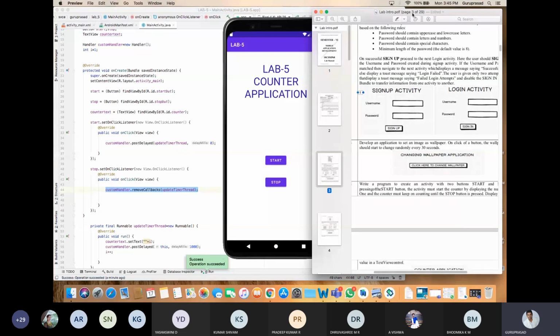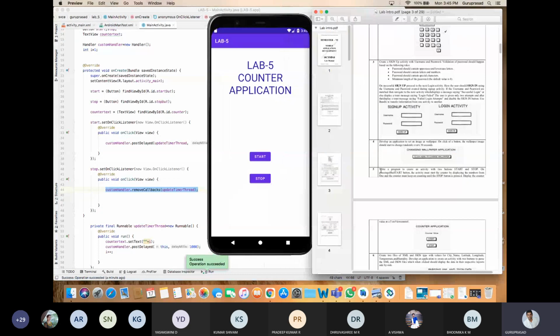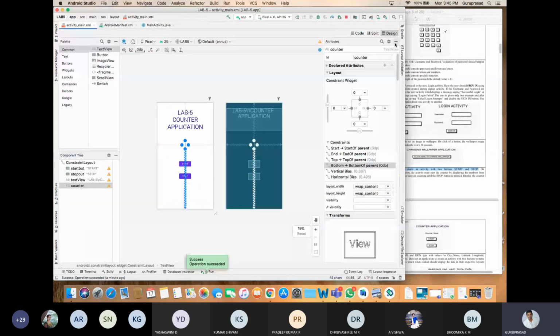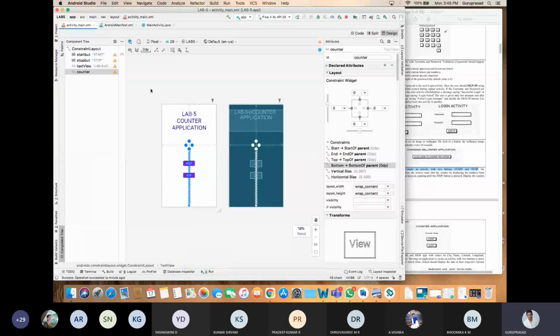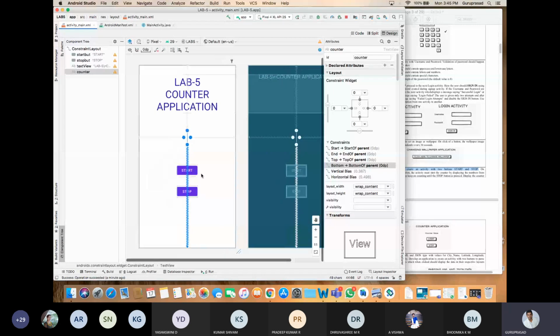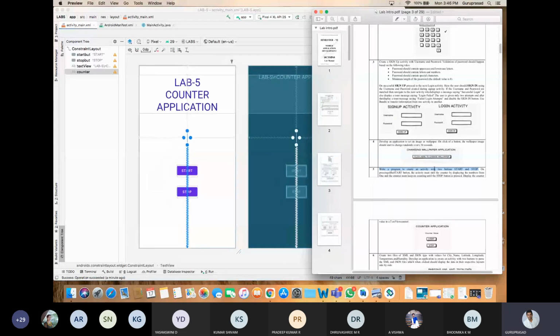So I'll write a program to create an activity with 2 buttons, start and stop. Okay, 2 buttons are there, start and stop. How did it happen? It happened like this. Design. I added 2 buttons. Next.